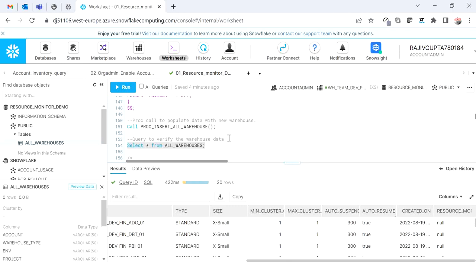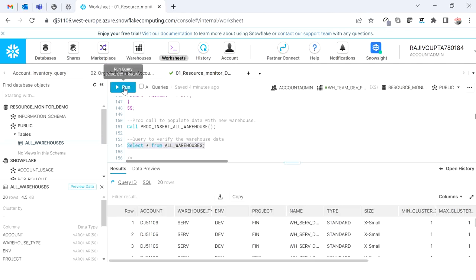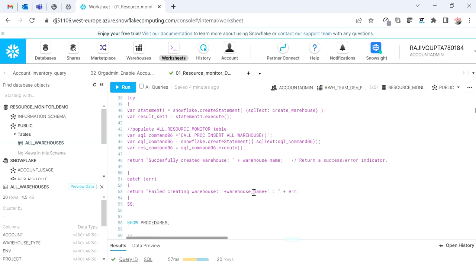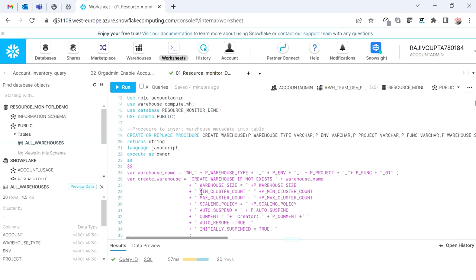Now what have we created? If we see the summary, we have created a table, all warehouses, which will store all the information of all the valid or eligible warehouses, including other metadata columns which I wanted to store apart from whatever information I am getting from the show warehouses. This is one of the warehouse procedures which I am also calling during the create warehouse. If you remember, I said that I will explain it later. So now you understand why I am executing this,